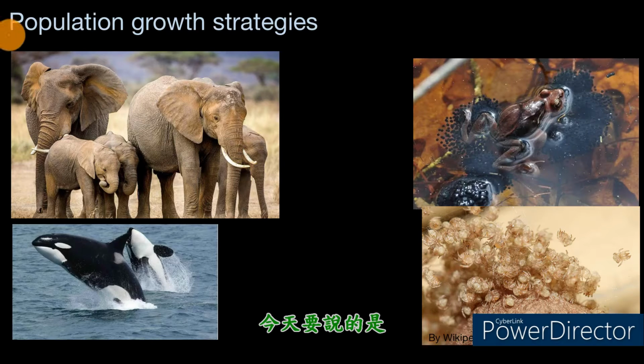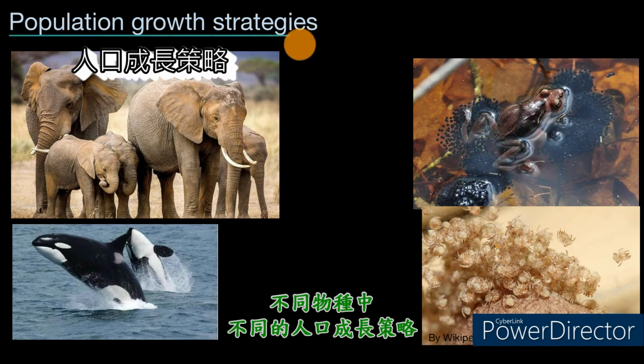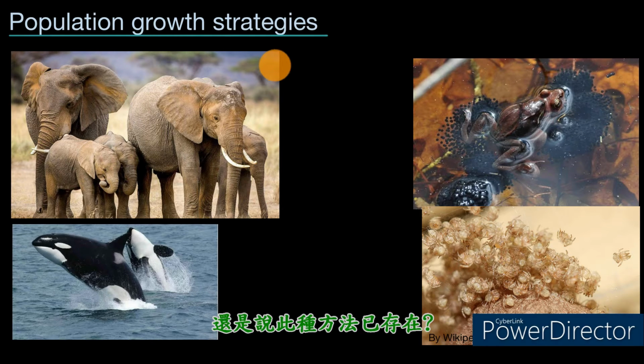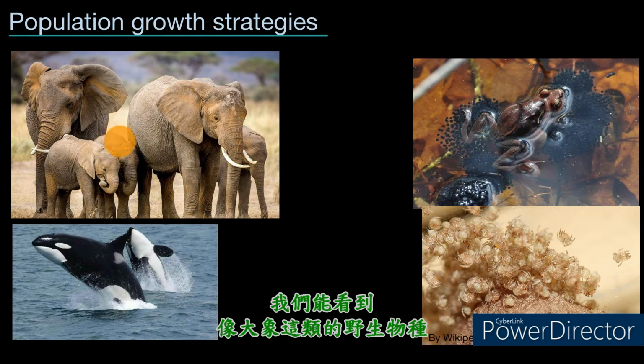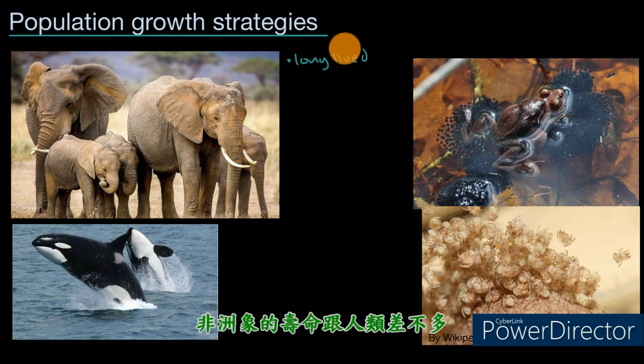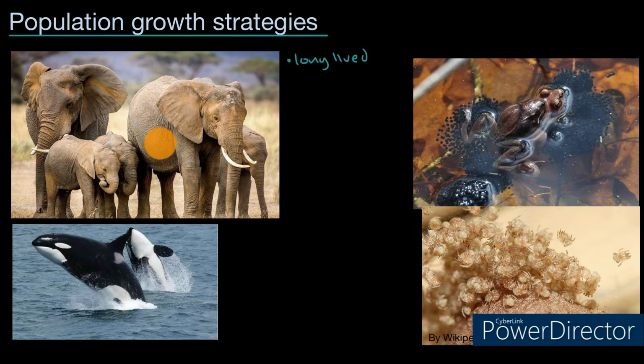What we're going to do in this video is talk about different population growth strategies for different species and think about if we can come up with a broad categorization, or if there's a broad categorization already out there for us. So we see that there are species like elephants that are long-lived. In the wild, an African elephant can live roughly as long as a human being can, 50, 60, 70, in